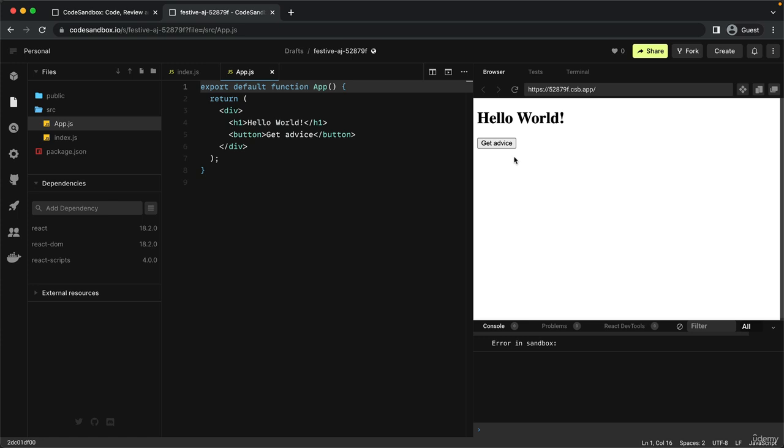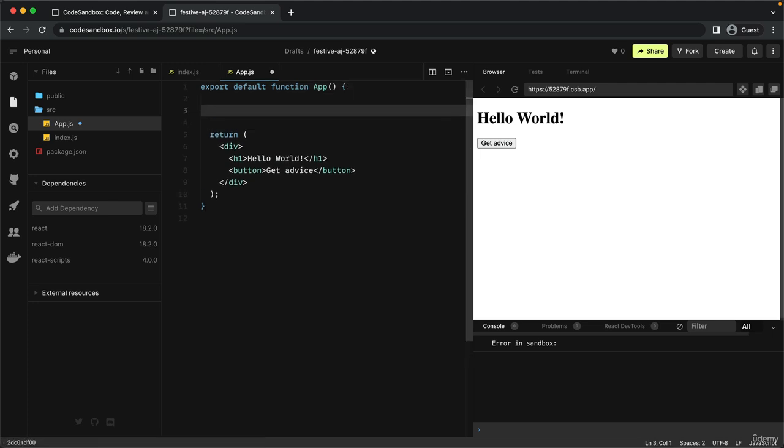But of course, nothing happens, for example, when I click here on this button. And so let's change that. And again, what I want to do is whenever I click on this button, we want to get a new advice from an API. So basically, we want to fetch some data from an API and display it on our user interface. So let's actually write a new function right in here. So inside app,